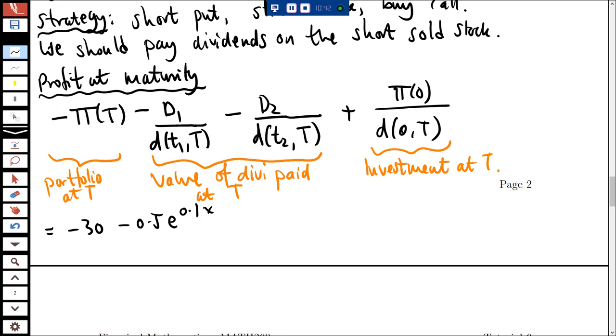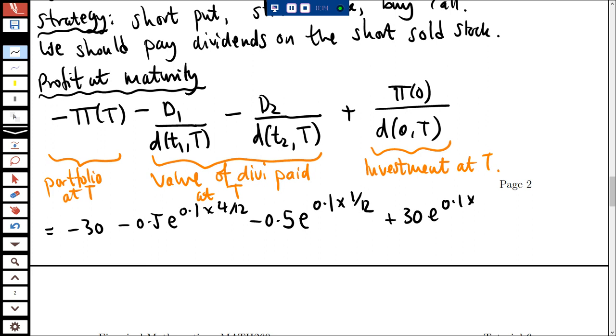Dividend 1. Okay, so T1 is 2 months. We need to move this to 6 months, so we need to compound it 4 months. D2 is at 5 months. We need to compound it 1 month to 6 months. And finally, the portfolio we went short on was £30,